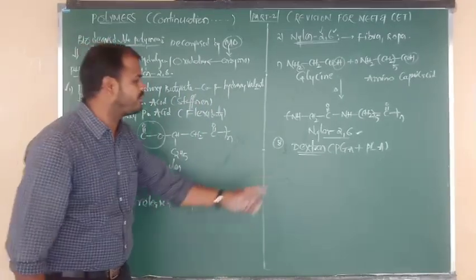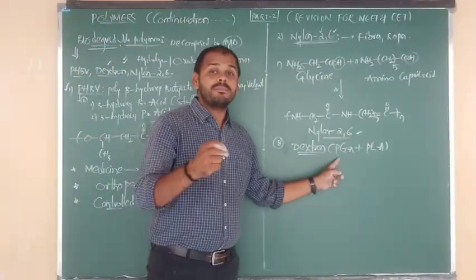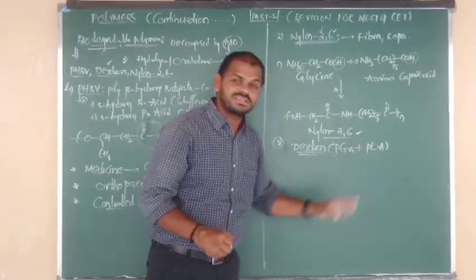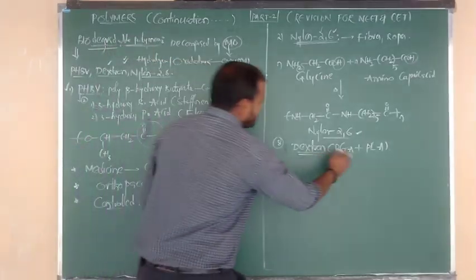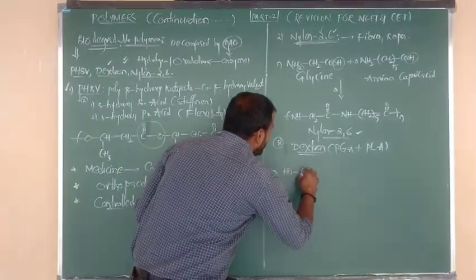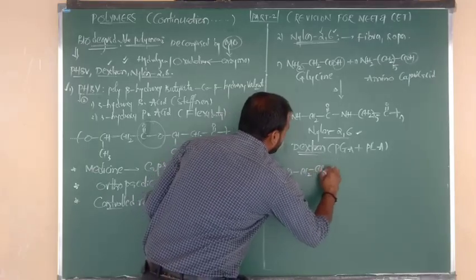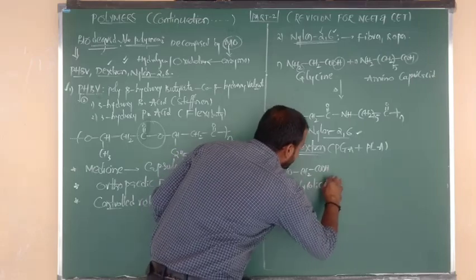Both are nothing but the monomers of dextran. Poly is not needed here. So we take moles of glycolic acid and moles of lactic acid, two such monomers for dextran. First, glycolic acid. Poly means N moles. So N moles of HO connected to CH2, CH2 connected to COOH. This is the formula of glycolic acid.